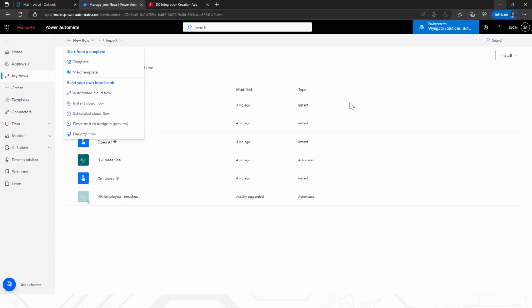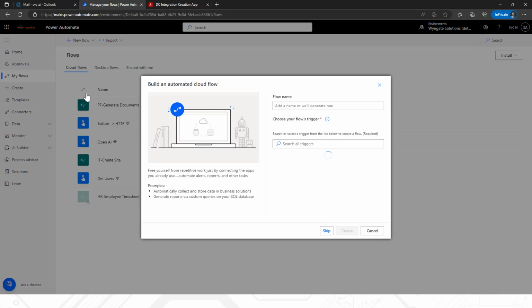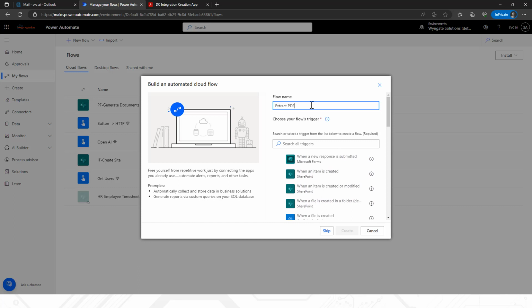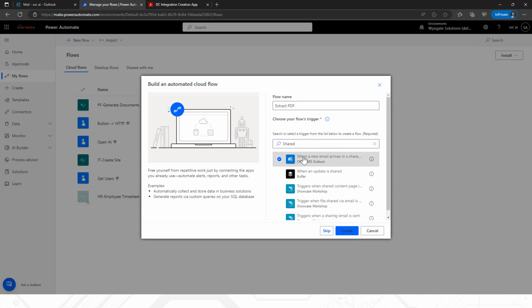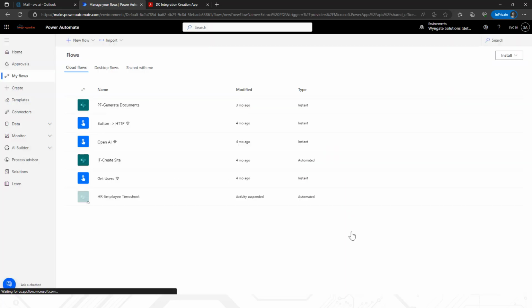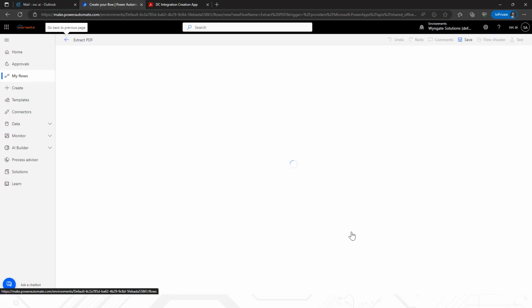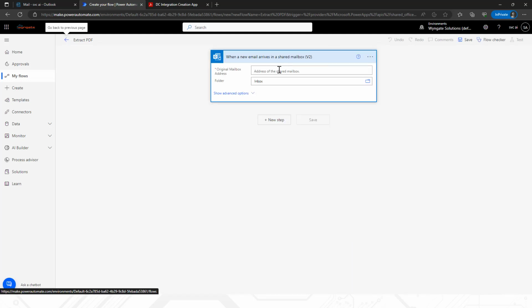So what I'm going to do now is create an automated cloud flow, and I'm going to just call it extract PDF. And I'm going to search for a trigger called shared mailbox. So I'm going to select when a new email arrives in a shared mailbox. So I click on create. And once this thing is ready, I'll have to specify the mailbox where I'm going to receive this email. So I'm going to just use one of my shared mailboxes,